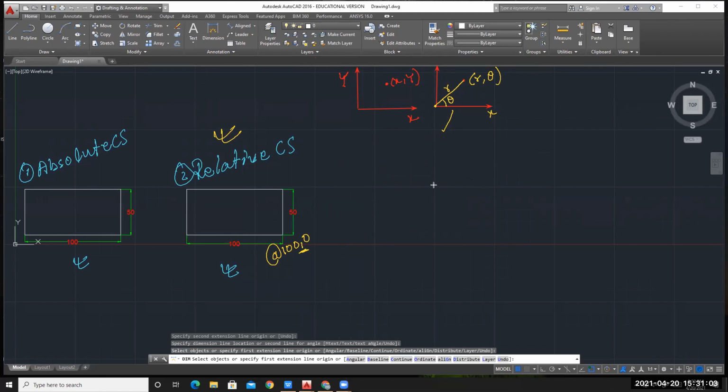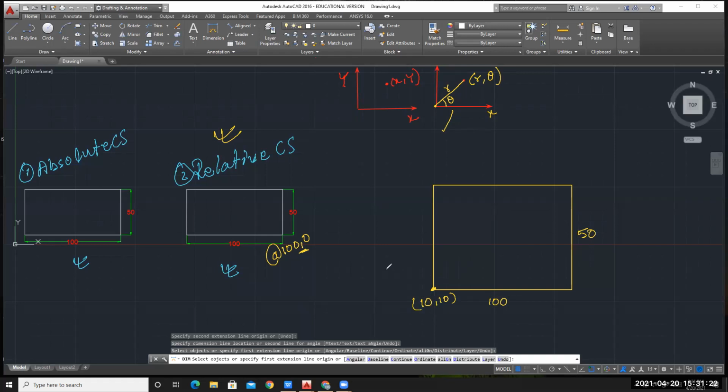Let me draw one rectangle. Suppose this length is 100, this is 50, and the first point coordinate is 10 comma 10.